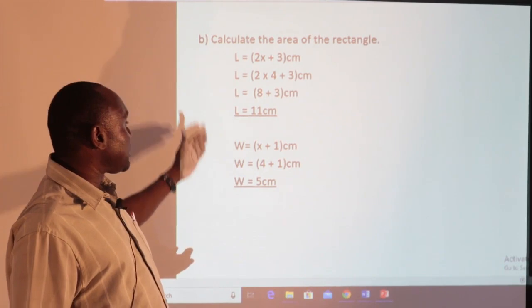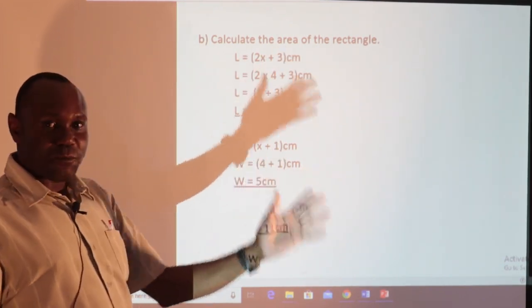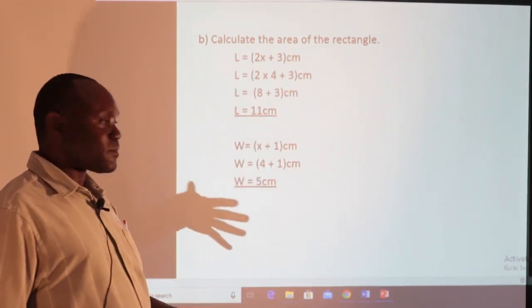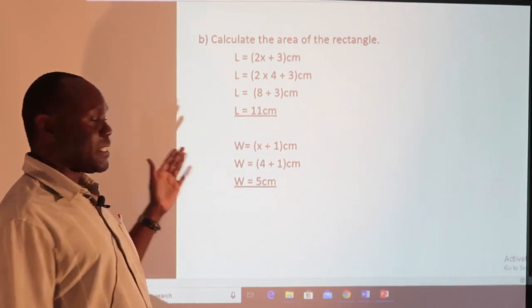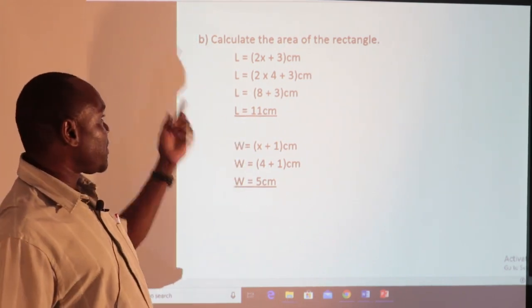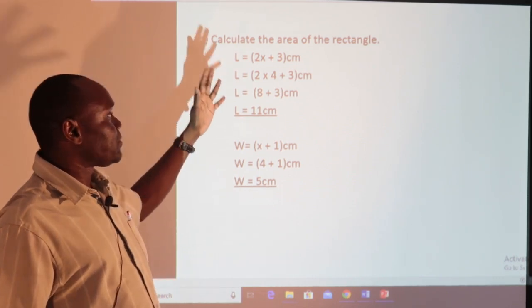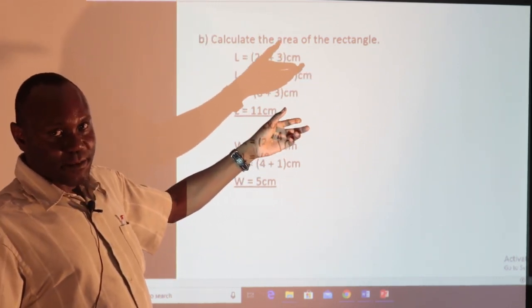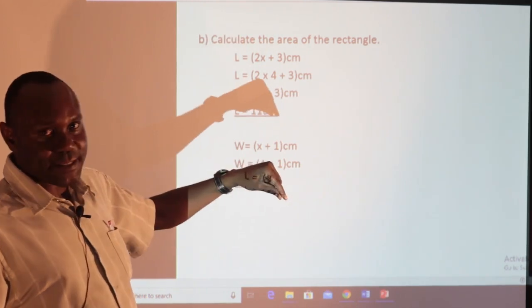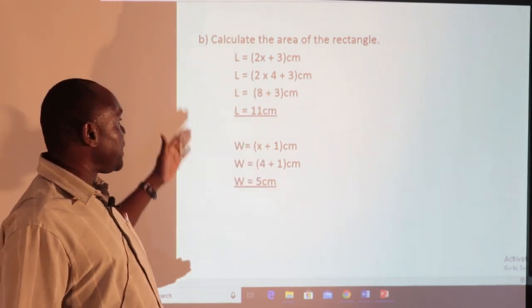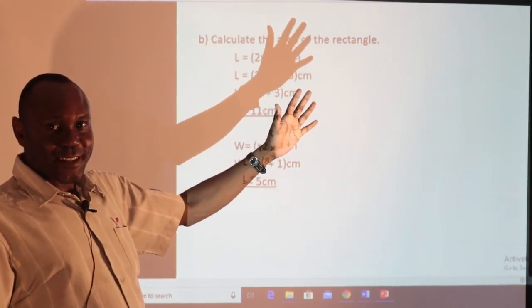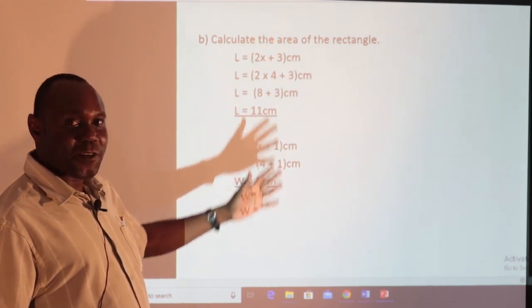Sometimes children ignore this. They write on the rough piece of paper, they throw it away, and then they only display the area, what the question is asking. No. This question, you might find that it is carrying 3 marks. Part A might be 2 marks, and then part B, 3 marks. Where do you expect the examiner to award those marks?